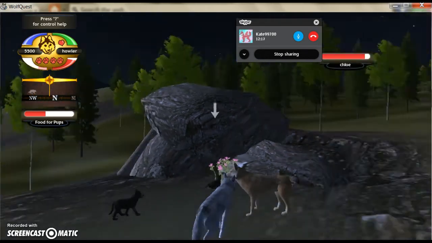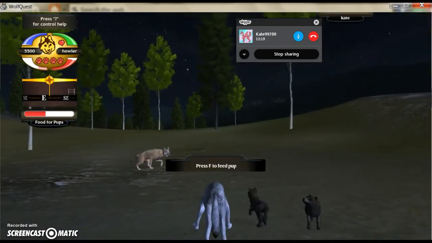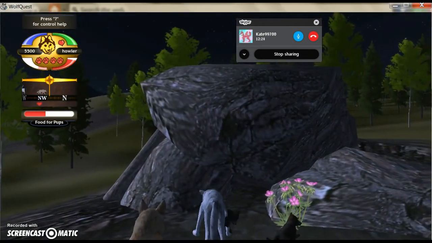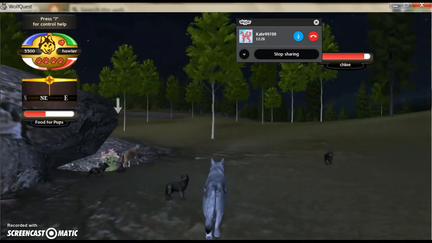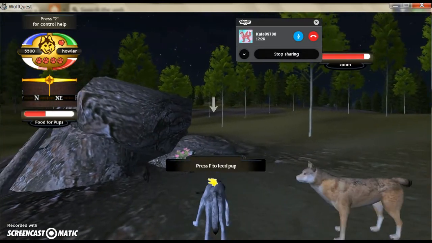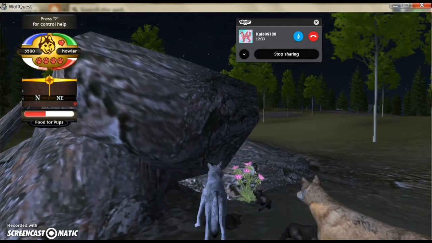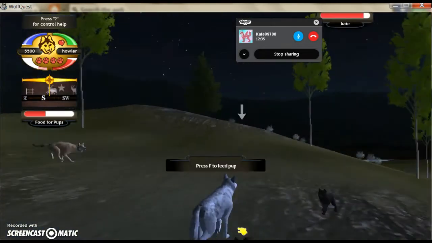It's just kind of weird because all the puppies look the same. Then I'm going to go encounter a new wolf. Hopefully my wife won't leave the puppies here. Yes, she does. I'm breaking up with her. Anyway,